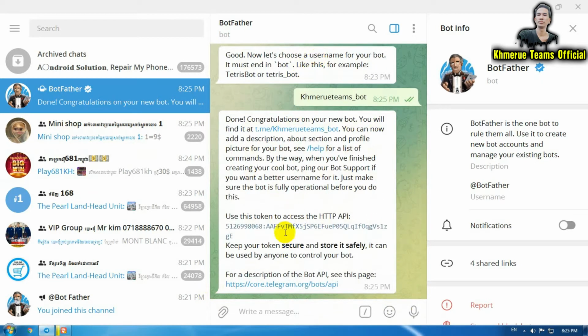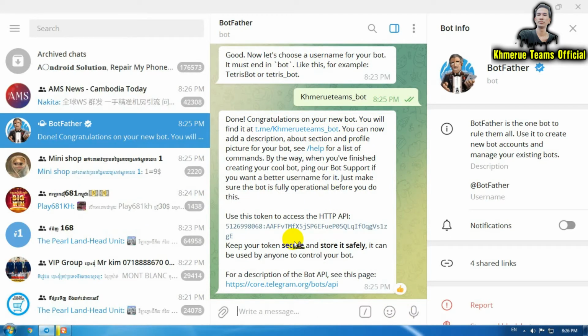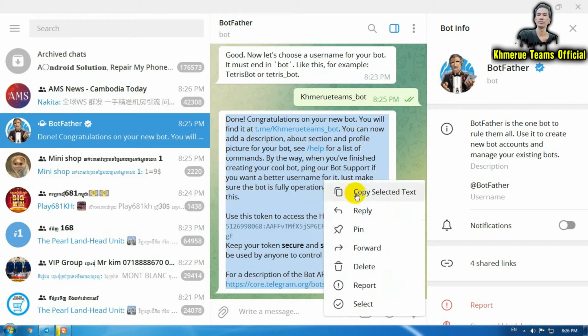Okay, they will take you to this one again, and it is your URL, the link of your bot. As said, congratulations, the new bot has been already created, and find it at this link here. So next, this time you're going to save all the information about this place. Now select all, right click on that and go to copy it. Okay, select and copy the text